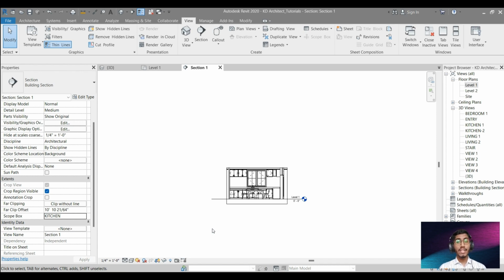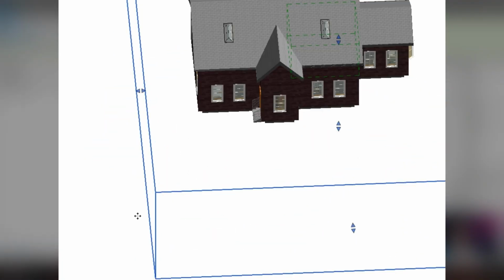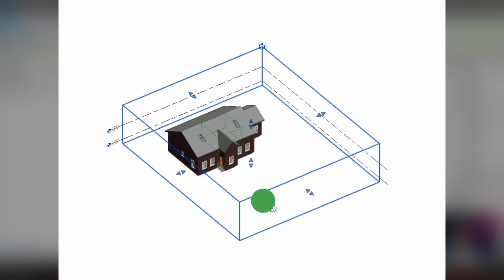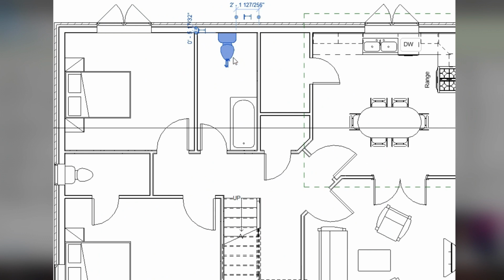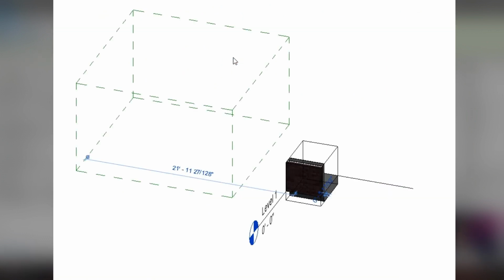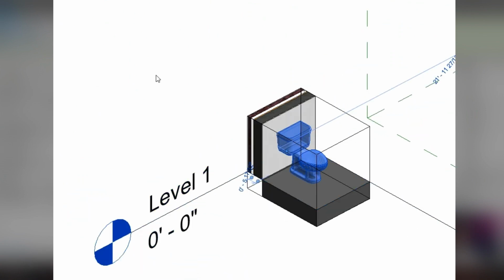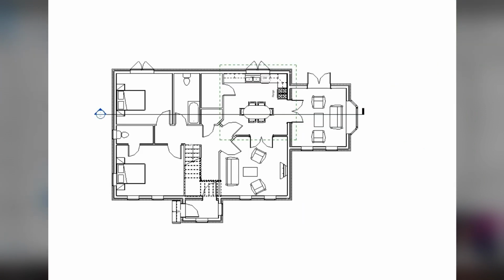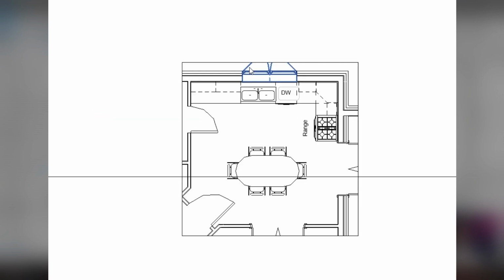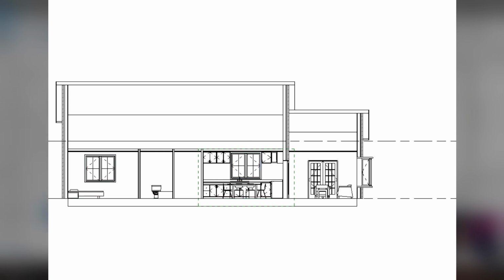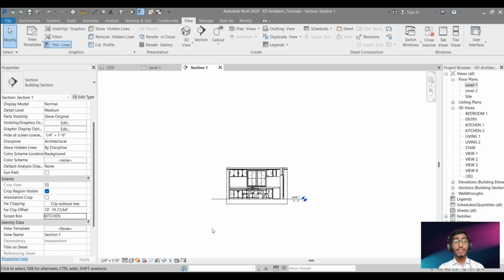So in conclusion, the section box is the whole box, and you can control it in the 3D view only. The selection box is one kind of section box, but you can see the selected elements in the 3D view by using this selection box command. And at the end, the scope box is a Revit tool by which you can show an enlarged plan view, enlarged section view, or any cropped boundary. You can show a particular view in Revit. So that is the basic difference.